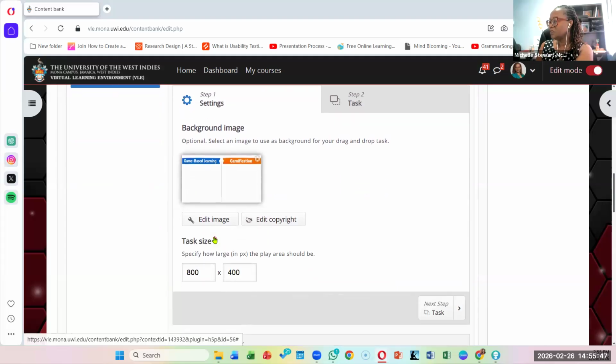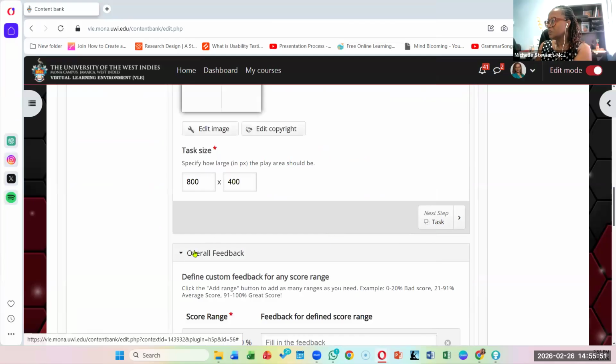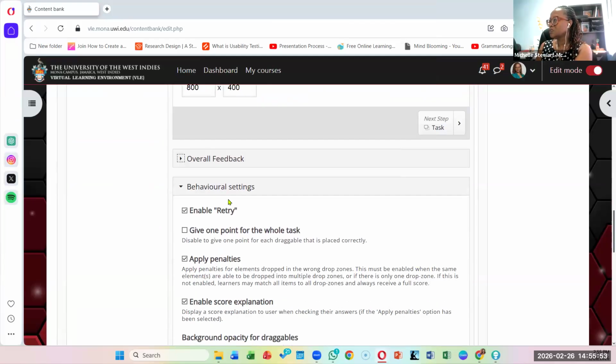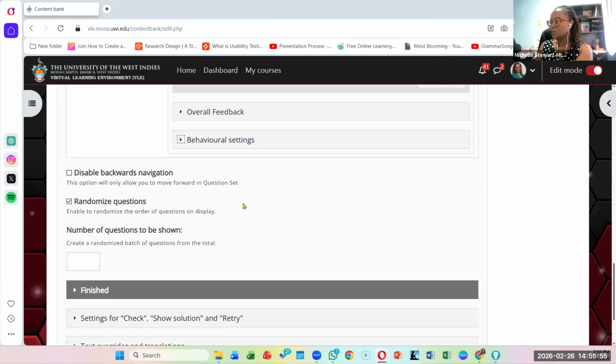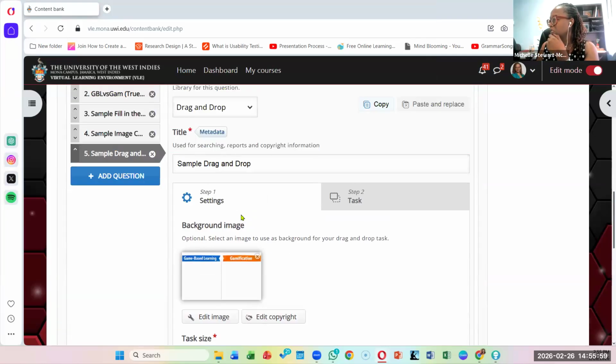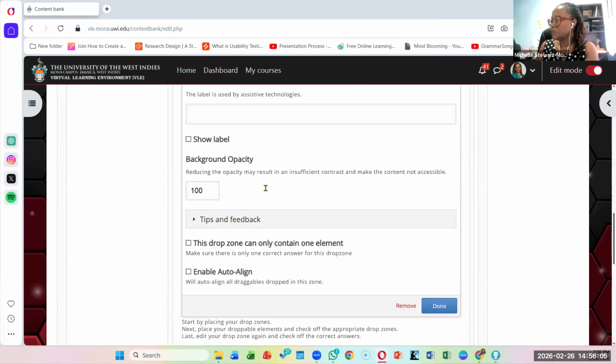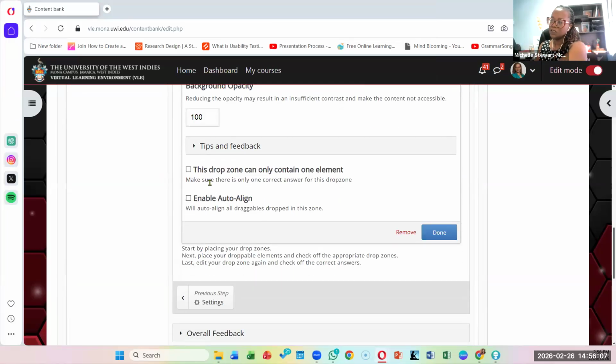This is the image. There was a section that says, it's on the drop zone. So this section where I said that we are not going to select anything